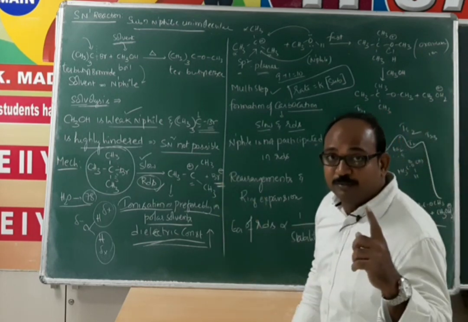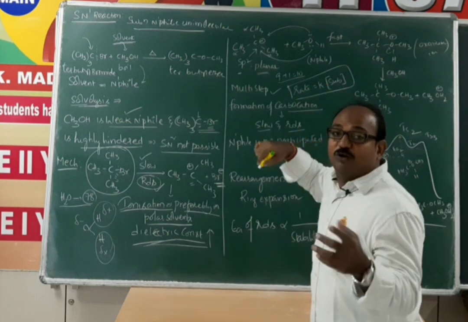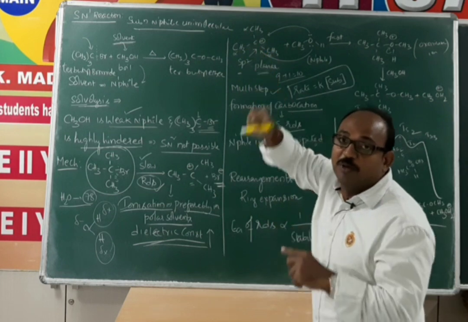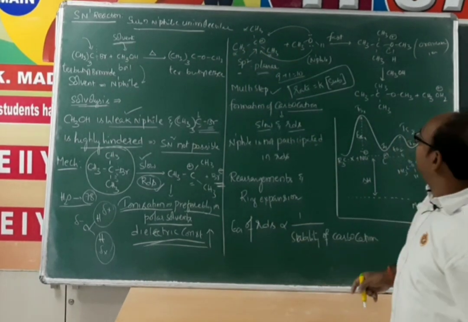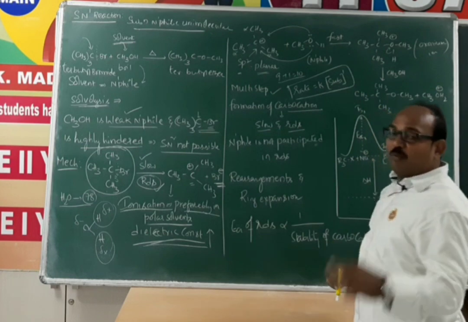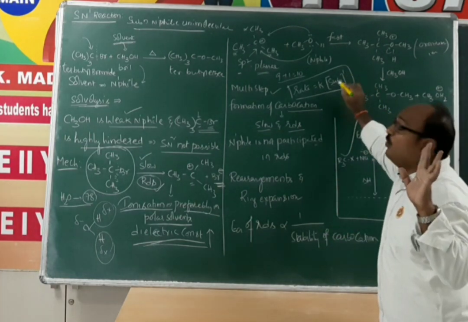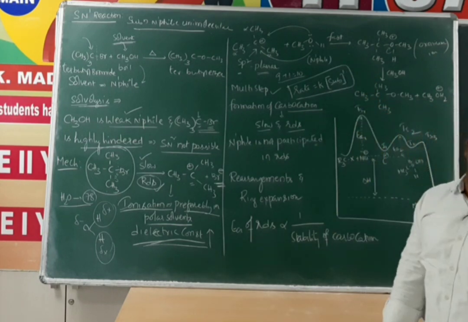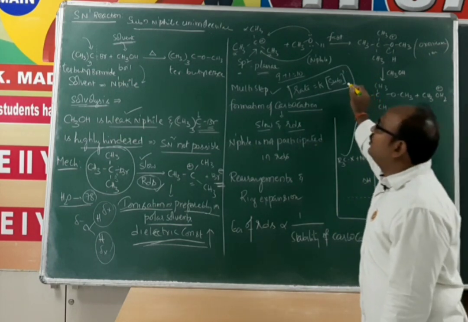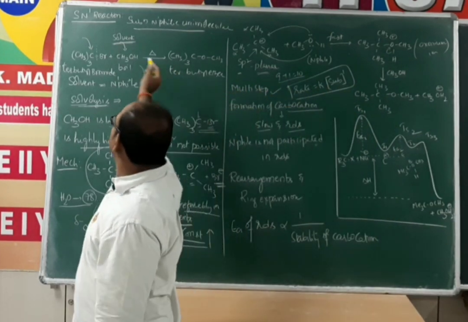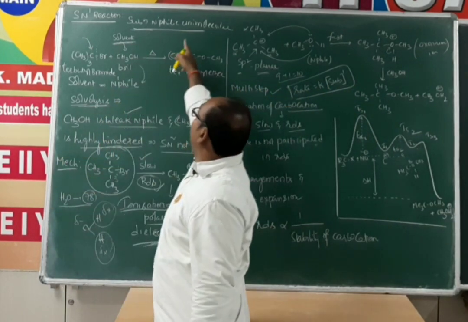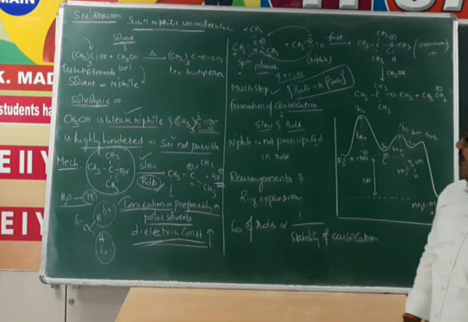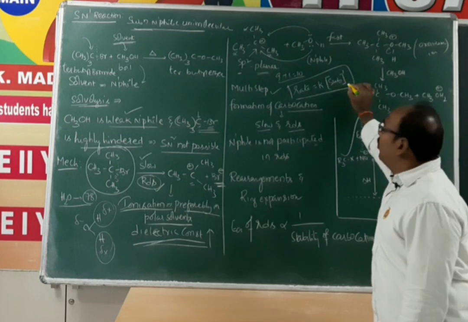What did we write for SN2? Rate is equal to K into concentration of substrate into concentration of nucleophile, we wrote there in SN2. But in case of SN1, only one. Since in the rate law only one molecule participates, it is first order with respect to the substrate, so it is a unimolecular reaction. Hence we named it substitution nucleophilic unimolecular. Only one molecule takes part in the reaction. So rate is equal to K into only the substrate.